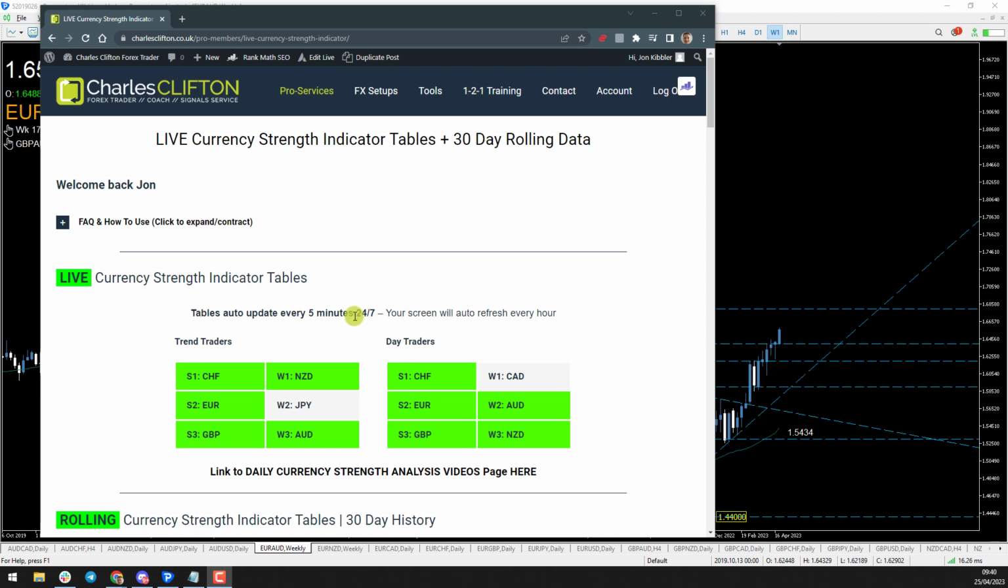The tables auto update every 5 minutes 24/7, meaning our members can see how the markets stand right now in real time. So yesterday we actually talked about a couple of different pairs. We talked about Pound Aussie, Pound being the third strongest currency, Aussie being the second weakest currency on the day traders. Yesterday that was the third weakest, so you can see that it's gone up a place here. So we're going to have a quick look at that market before we head out, because price has continued to